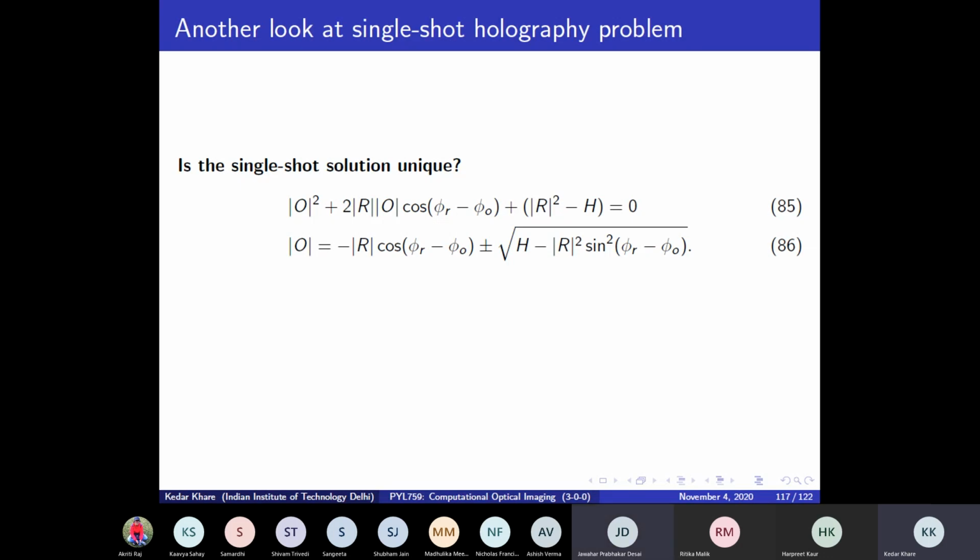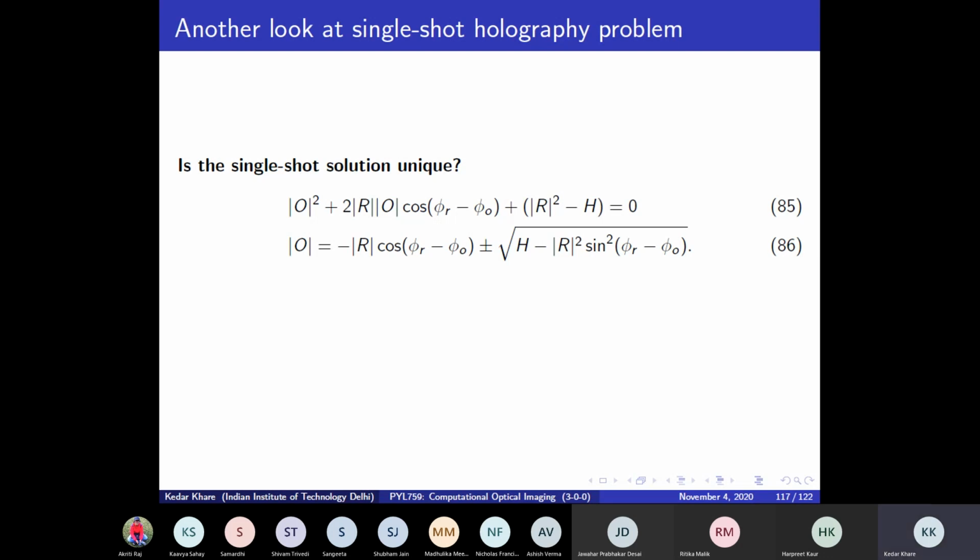Sir, if we record this on some detector, from that we can get the intensity pattern, H. If we are aware of the intensity pattern, then can't we get the value of phi naught? Yeah, but that is what I'm asking you. It looks like you can't get it, right? But why are we equating it with 0? Well, equation 85 is just the interference equation rewritten. H has been taken to this side. That's all.